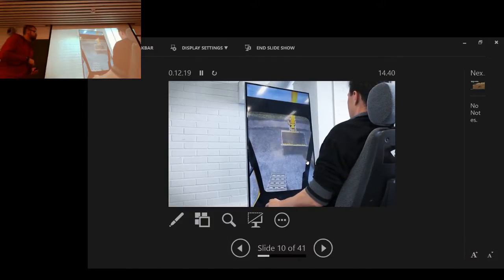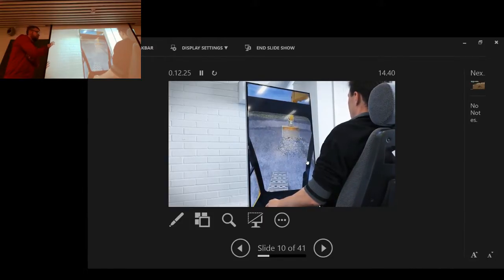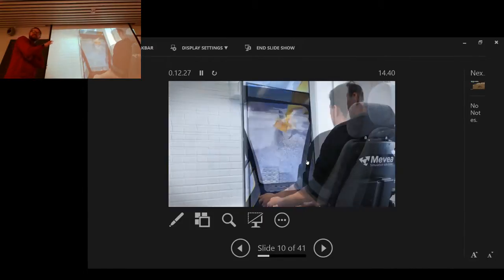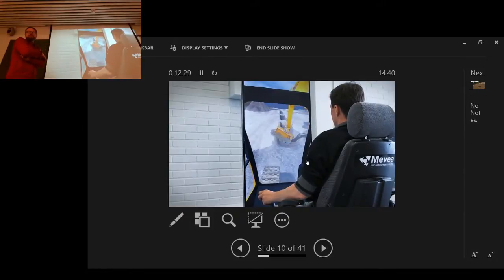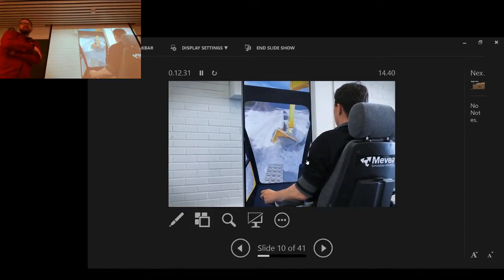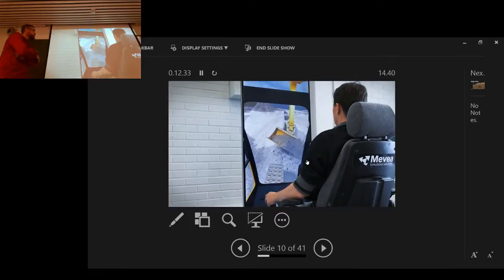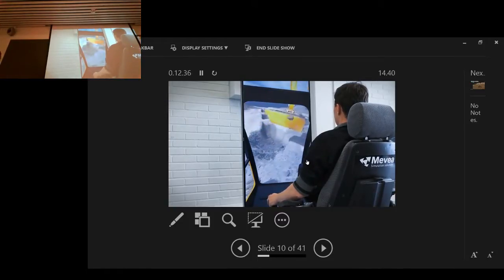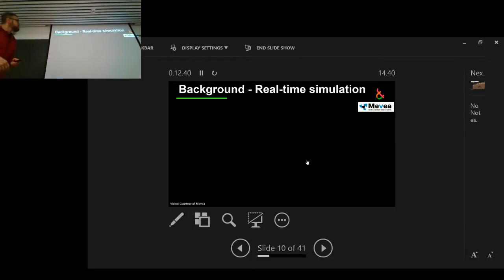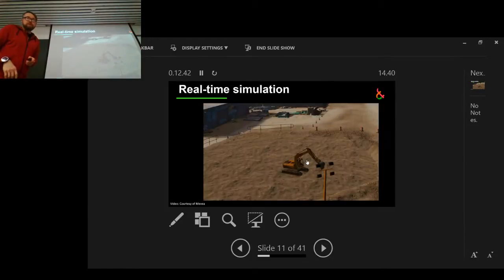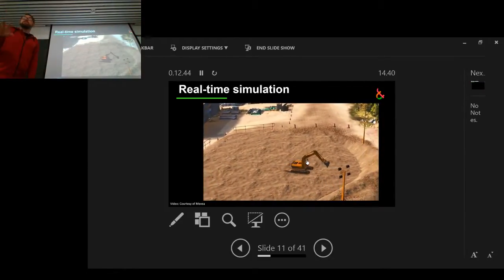But there's a deformable ground, the real joysticks. Television is not as great as goggles, but it's still better than nothing. And the behavior of the ground is somewhat realistic. Okay, so that's an example of a real-time model. This is the Unity environment.